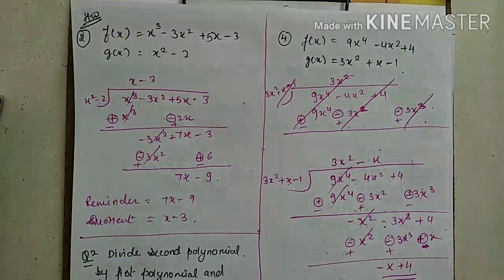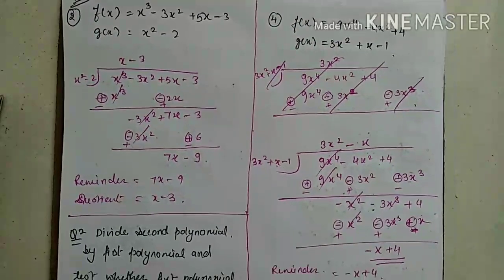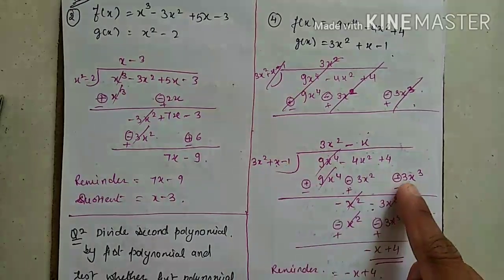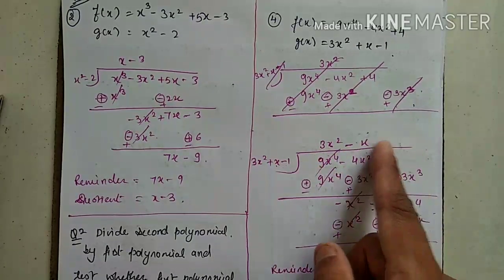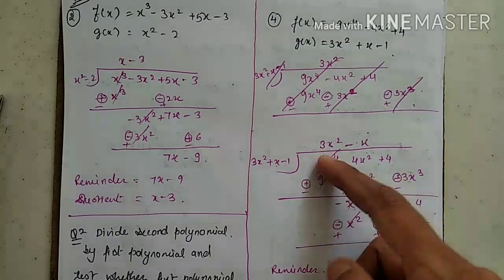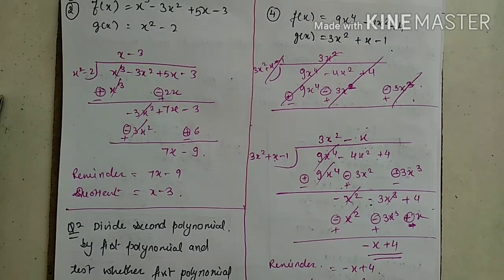Now come to this fourth question. Just see, again I have solved the question. In this question there are very few terms. For example, after multiplying 3x square with this, I am getting 3x cube. So in this equation I don't have it, so I will write it after completing the part. Okay, same as this you have to try, and you will get your answer. Just try it. Okay, now come to question number two.